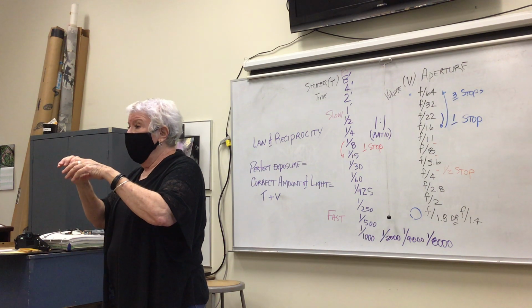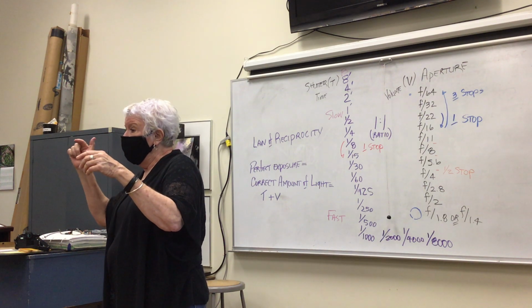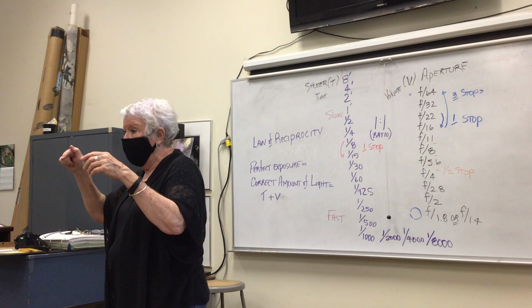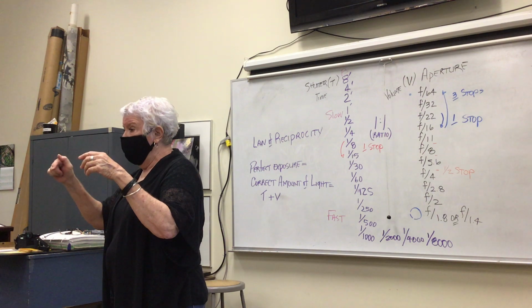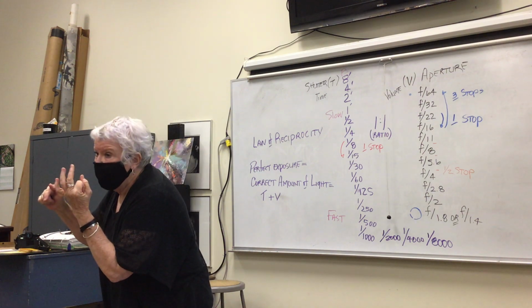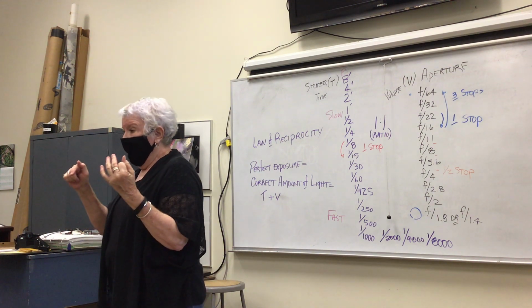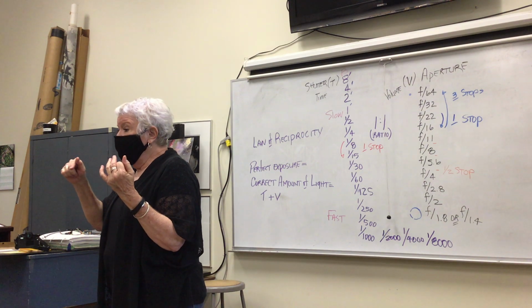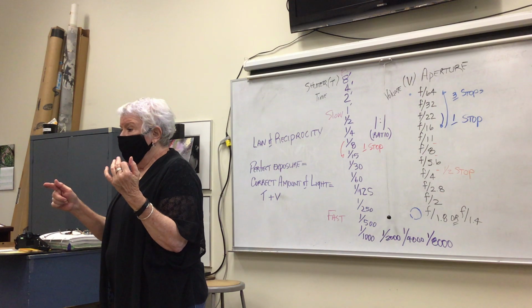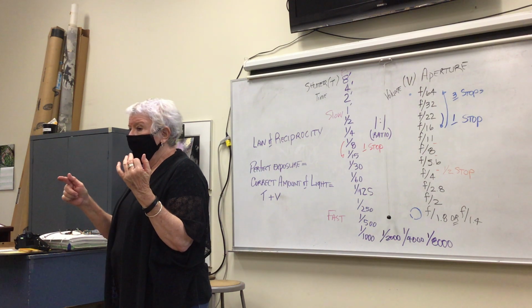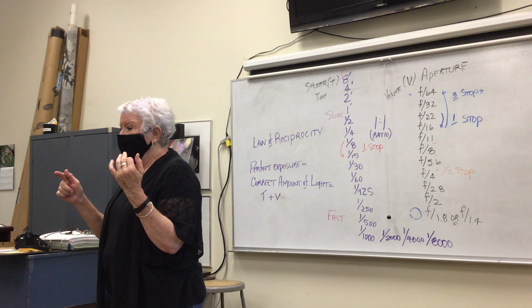And so when the shutter release button starts the mechanism to work, it tells the shutter to open up and the aperture stops down. And so I want you to turn your camera back on, put it on A, advance the film, raise it to your eye,